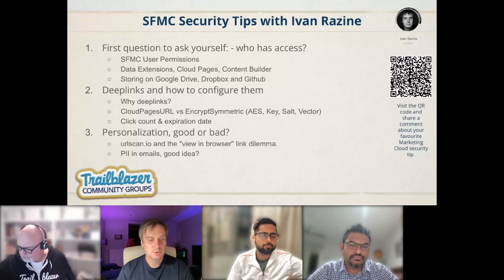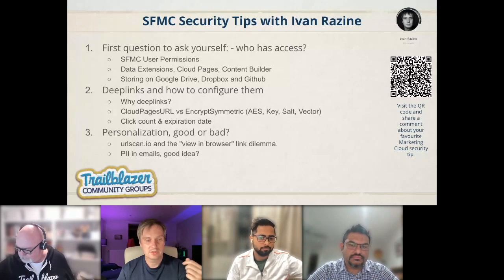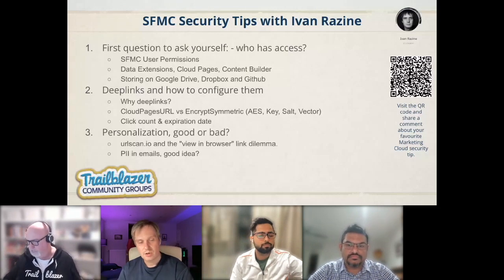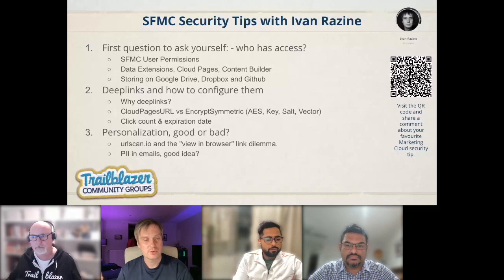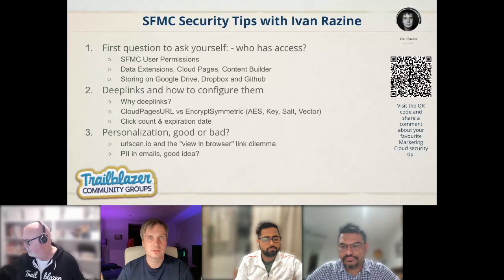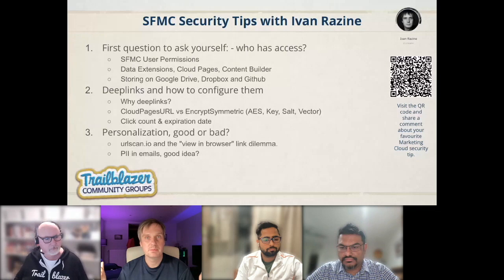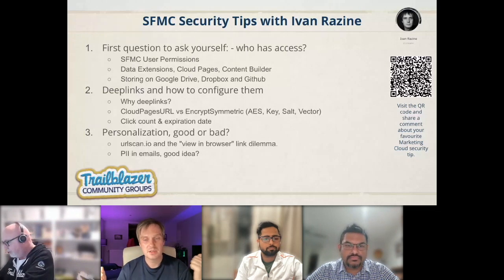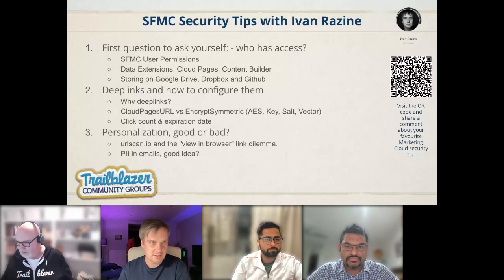So what should we do when people have access to that extension, and can mess it up, or some assets in Content Builder, CloudPages, etc.? Let me talk about, for example, the data extension. For data extensions, the first rule that I always apply is to try not to store any passwords, at least not in clear text, in data extensions. So encrypt it first using the symmetric encryption AMPscript methods,